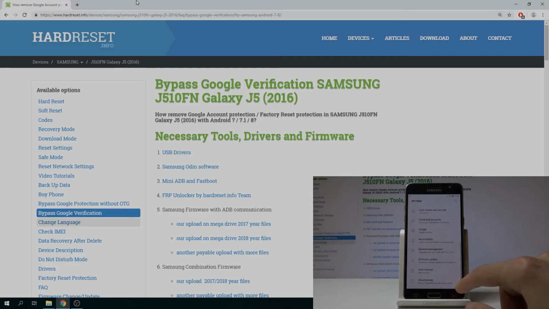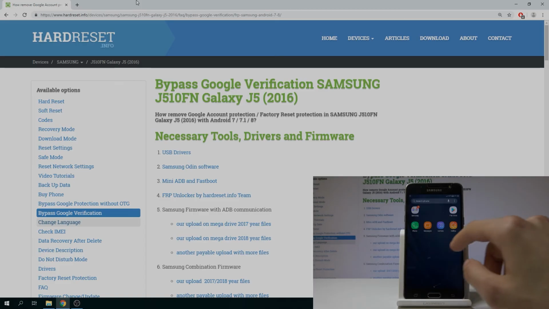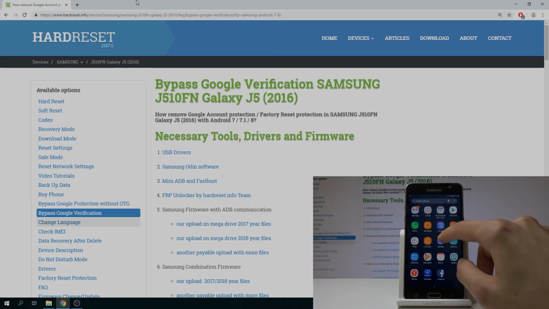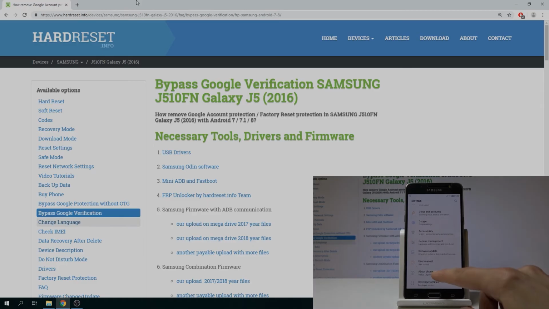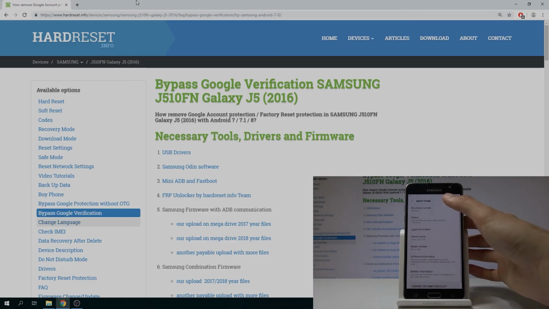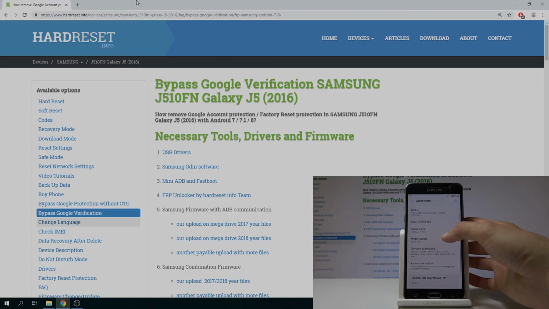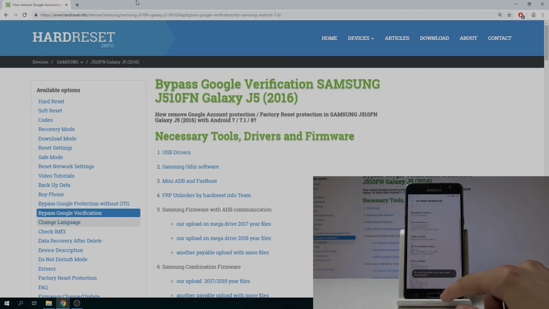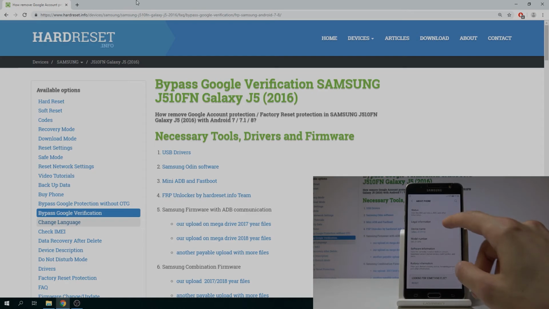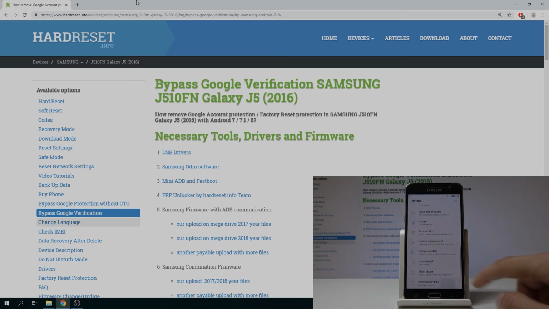So now we can actually continue with understanding what I'm going to be selecting. So assuming going back to about phone and then software information, and from here build number. As you can see, no need, you're already a developer. So going back to the developer options, what we want to enable is the OEM unlock, and once you enable it, basically the phone will go through a reset. So enable,